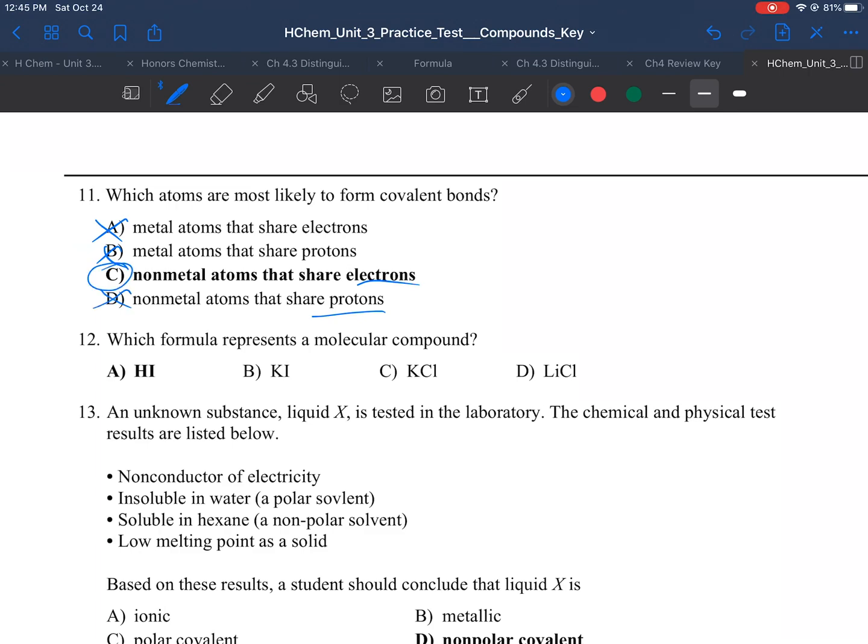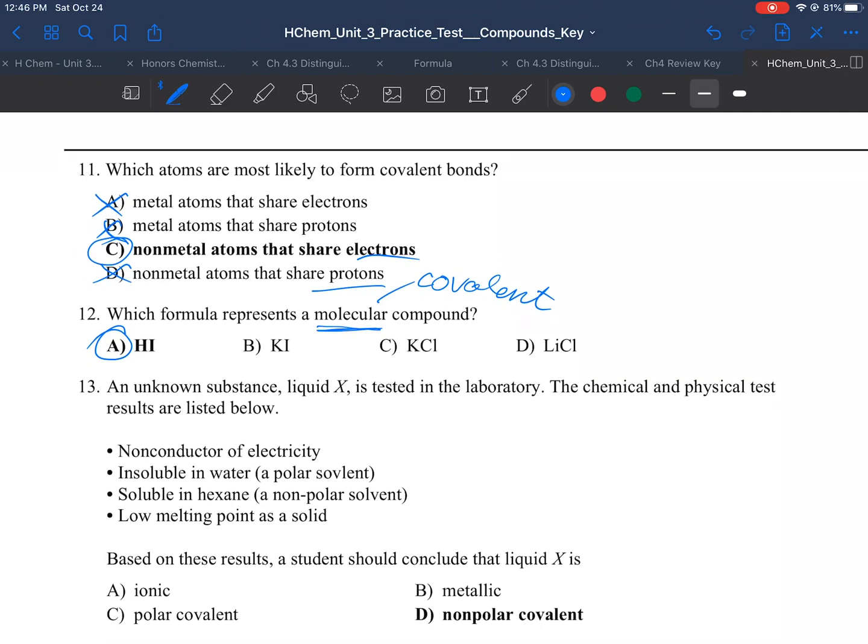Which formula represents a molecular compound? We have to remember the terminology here. Molecular means covalent. So again, we're looking for two nonmetals. Hydrogen is a nonmetal, even though it's found on the left side of the periodic table, so the answer is